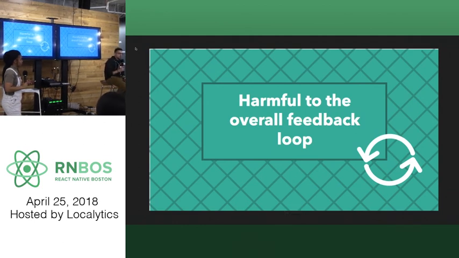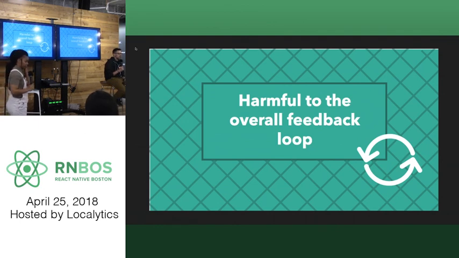Well, there's actually quite a few reasons that you don't want to do that, and the number one reason is it's really harmful to the overall feedback loop. One of the things that we learned at MLS, we actually did exactly that. We adopted universal components heavily, and we worked with the design team, and we thought these are definitely things that we'll use cross-platform, and we should just build them now. So we went ahead and started creating pretty much everything as universal components, and what we found was, once we got things into the app, because we didn't really sit down and try any of these components out, test them, put them through the weather, we just decided to make them universal components that we deployed,